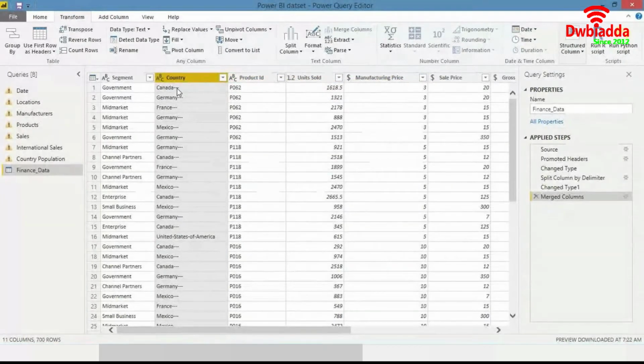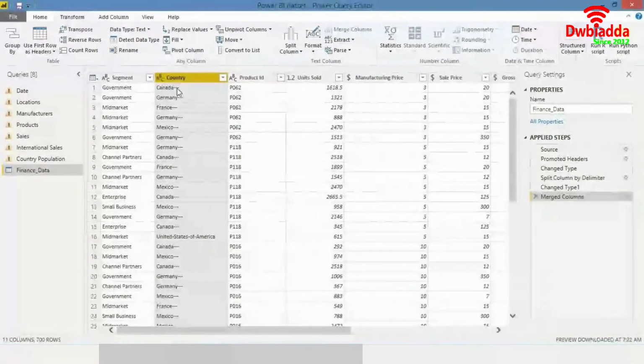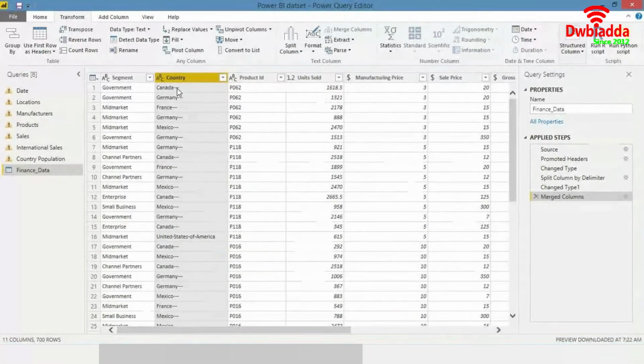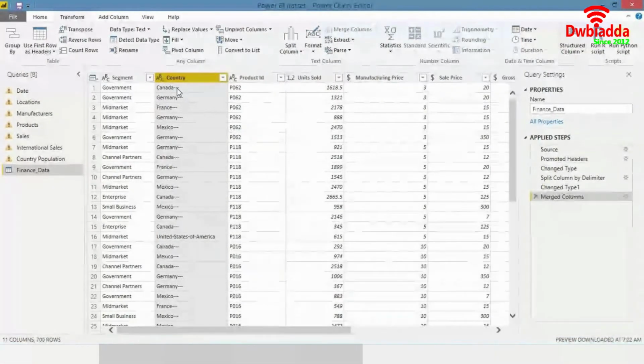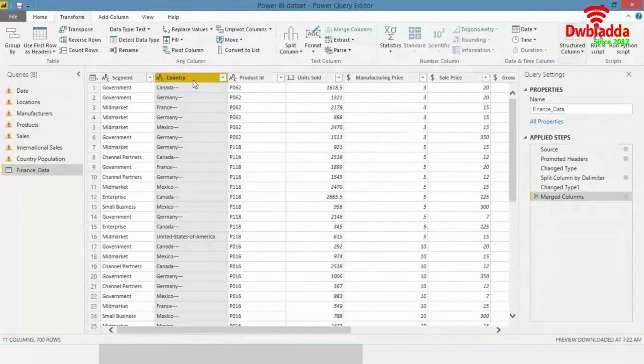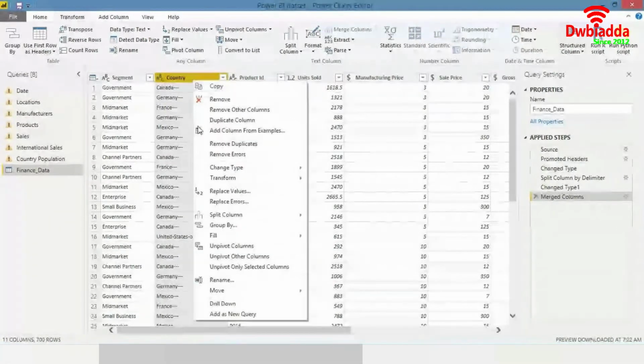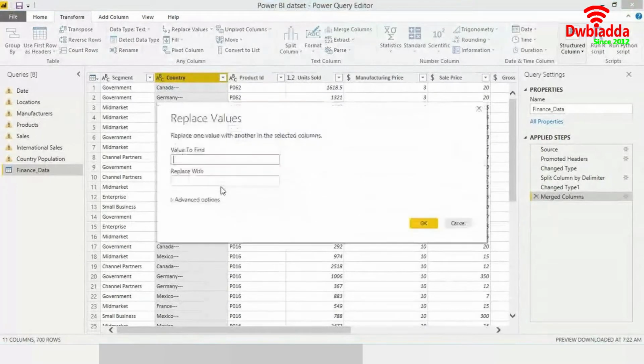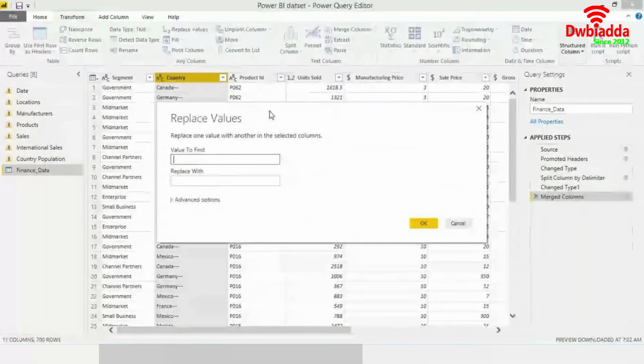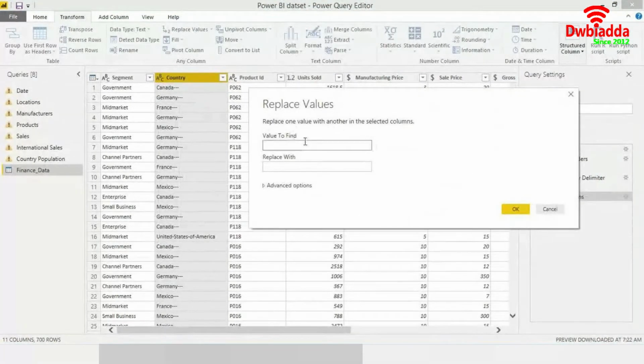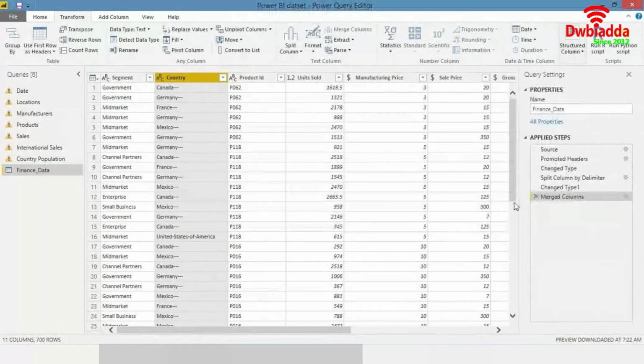Right now it could be a problem because when you're working with multiple files that are coming from multiple data sets, it could be a problem as well. So what you can do is replace the values wherever you see multiple dots. You don't want those 3 hyphens that you are finding over here. So you can type in whatever you want to replace. I'll tell you again how to do that.